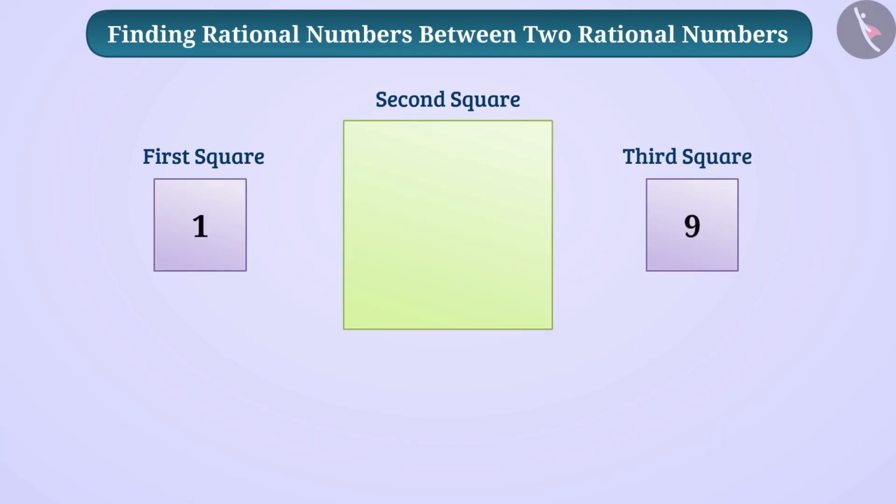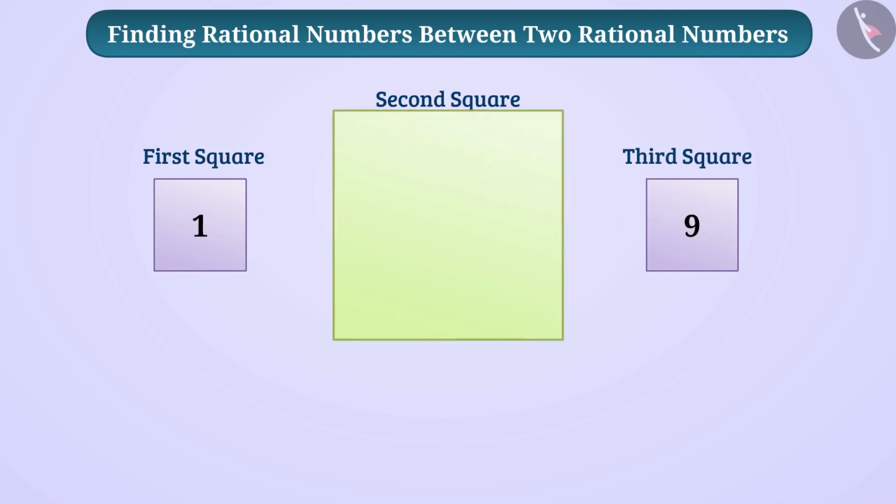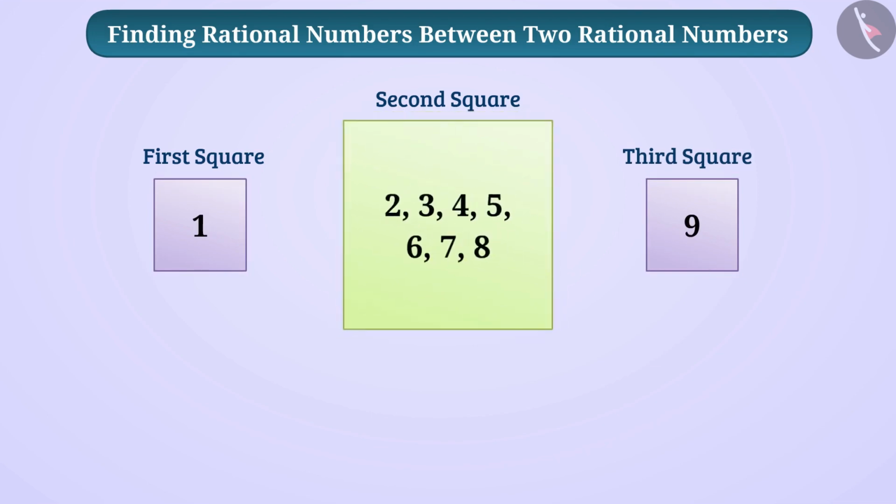Only one number can be written in the first and third square, whereas in the middle square, many numbers can be written in it. The rule of this game is only those numbers can be written in the middle box whose value is more than the number written in the first square, but it is lesser than the number written in the third square. Means the value of numbers in the second square must be between the value of numbers in the first and third squares. So let's start the game.